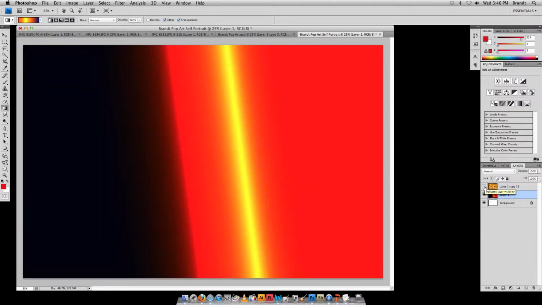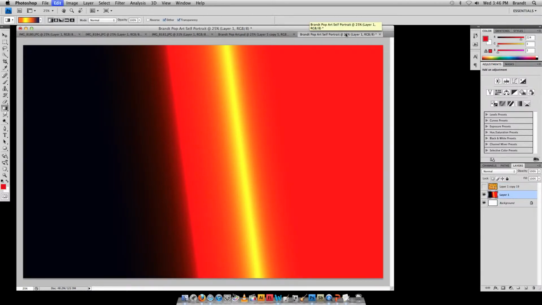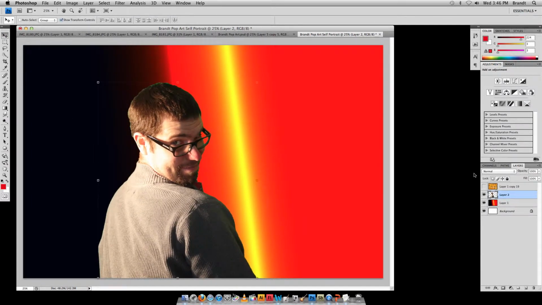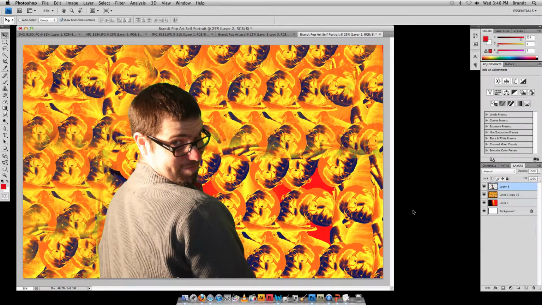So I'm just going to actually turn that layer off for a second. I'm going to go over to one of my other images that's ready to go. Again, me looking rather ridiculous. Copy that, paste that in, okay? And I want to have a strong contrast between that background and this guy, right? And the contrast here is actually not that bad, but right now the figure here, me, is kind of pretty